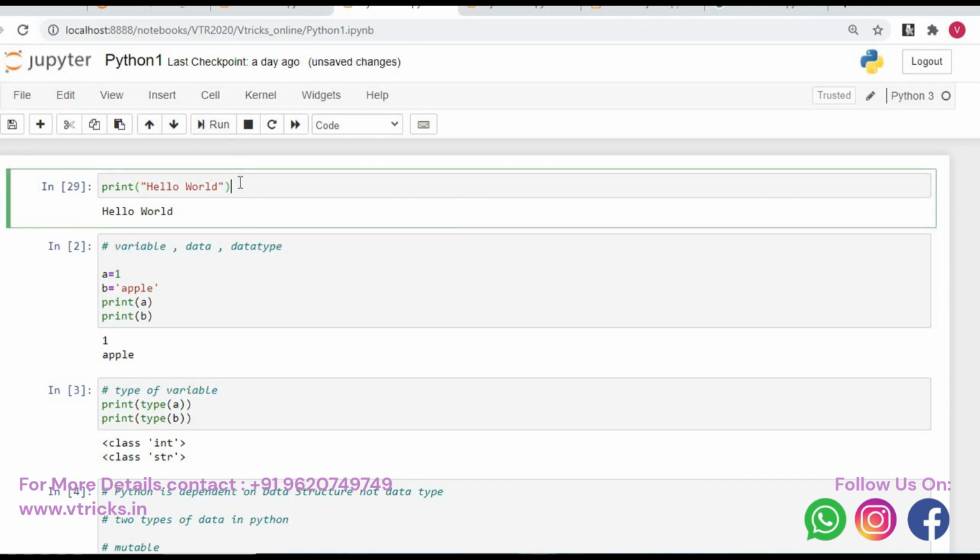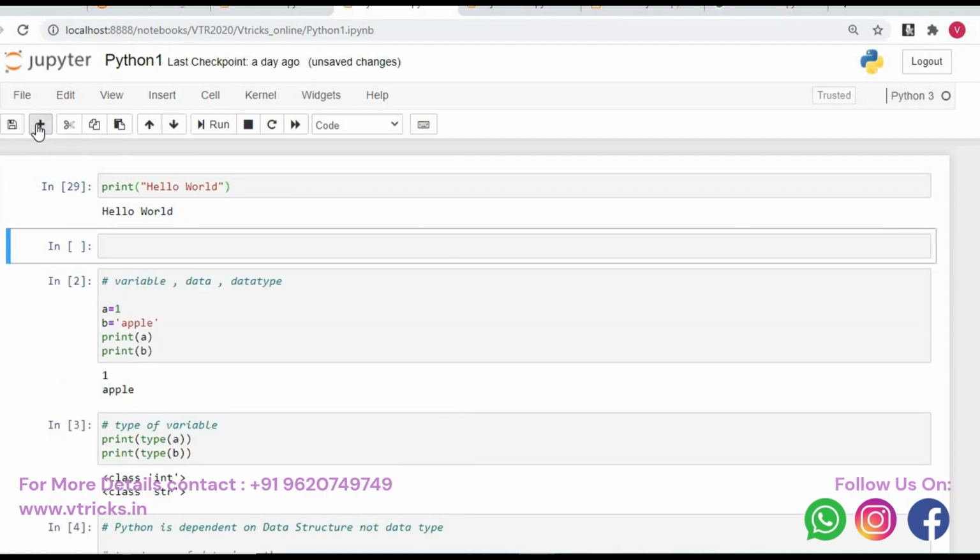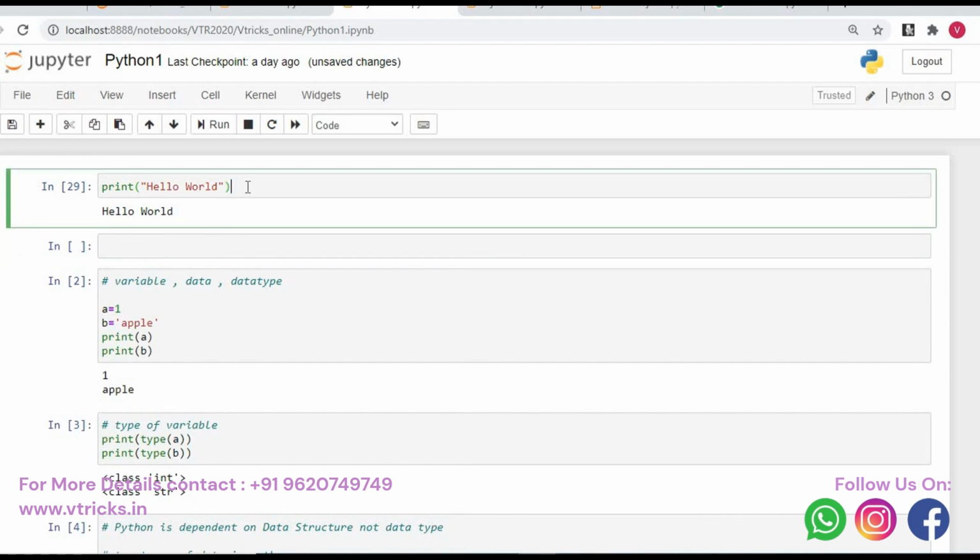We have a shortcut in Jupyter Notebook. You can see the Jupyter Notebook documentation to understand the shortcut to run, the shortcut to add a new cell, the shortcut to delete a cell accordingly. Now for practice, I'll just show you how to add a new cell using this plus mark. If you just click the plus mark here, the new cell would be inserted. Then you can start typing the code here. Jupyter Notebook is basically cell oriented programming where each and every cell can be run accordingly. So now I just write the code as print hello world and I run. The hello world has been printed onto the monitor.